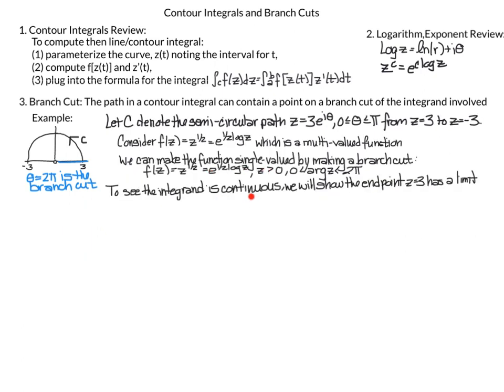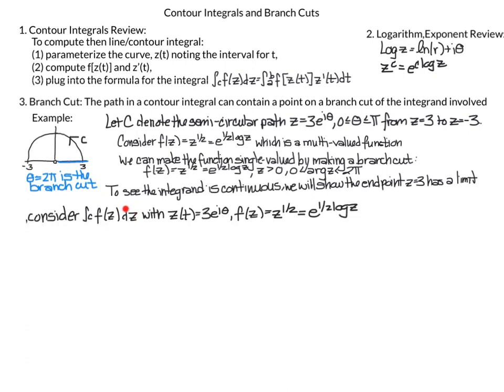I cleared out some of the extra notes and moved things up so I can show that the integrand is continuous by showing that the endpoint, I'm going to focus on the endpoint where we have doubts, z equals 3, has a limit. In other words, the limit exists, it is continuous at that point. So to show that this integrand is continuous so we can perform this integral, first we're going to identify our path, our curve, z of t, and actually because we're parameterizing with theta,